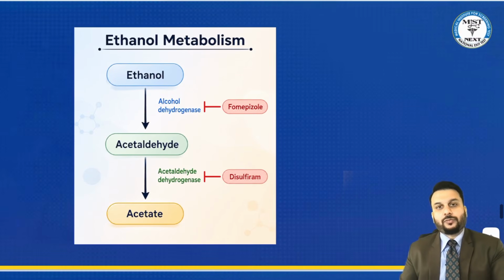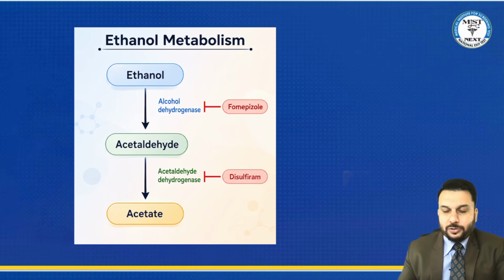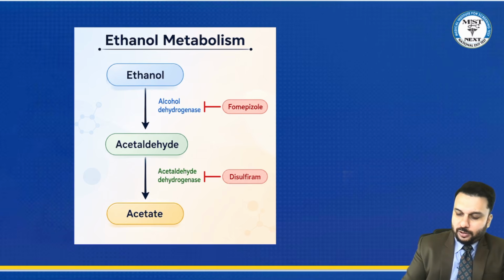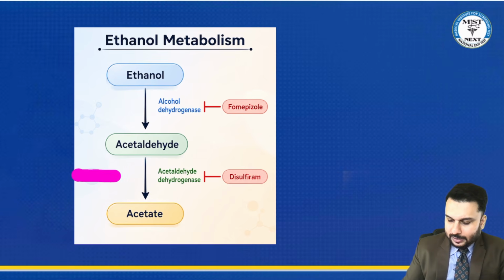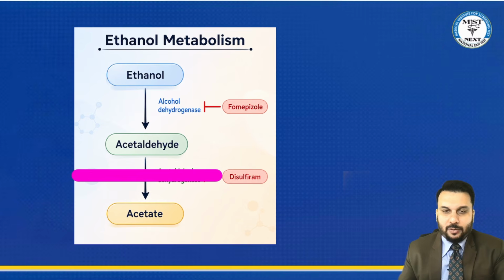Let's talk. So doctors, when you look at ethanol metabolism, whenever you drink alcohol, that is ethanol, what ends up happening is this ethanol will convert to something called acetaldehyde. This acetaldehyde will convert to acetate and it will go out. Okay. So when you give a drug called disulfiram, it blocks this enzyme called acetaldehyde dehydrogenase. So which drug blocks this? Disulfiram. And when this enzyme is blocked,